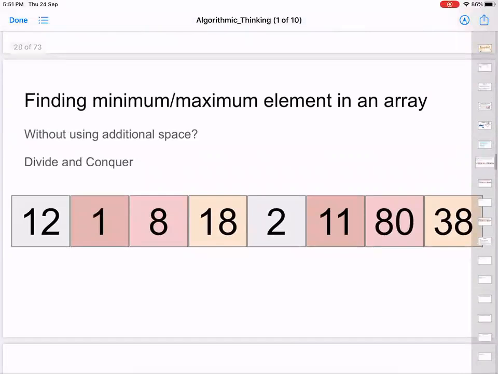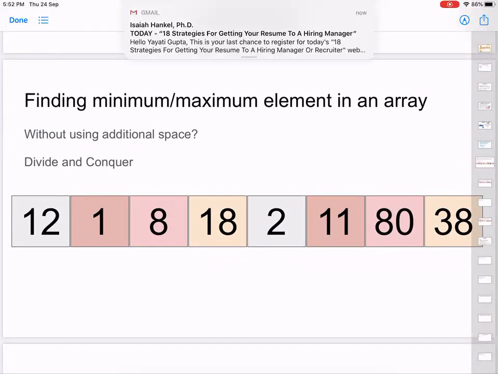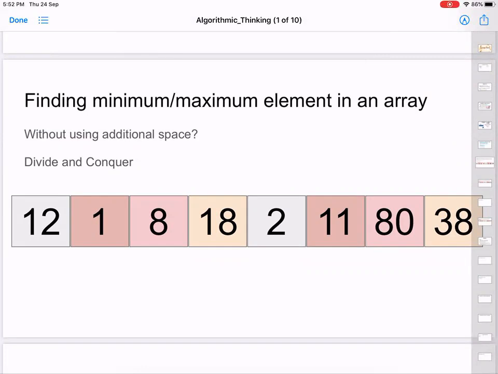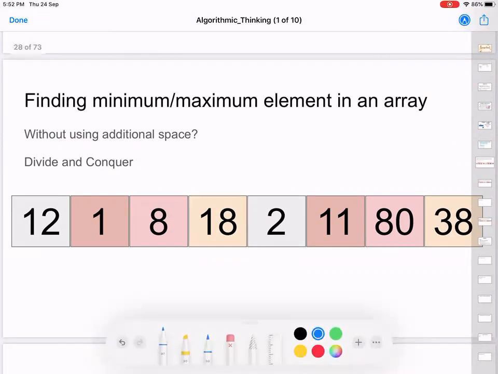Now let's slightly tweak this question. Can we think of some other method to figure out this minimum or maximum element? So let me stay at the maximum element. So we are talking about a particular maximum element in an array. We have already seen we can do it without using additional space. Can we think of some other strategies to find the max, except this linear search we have talked about?